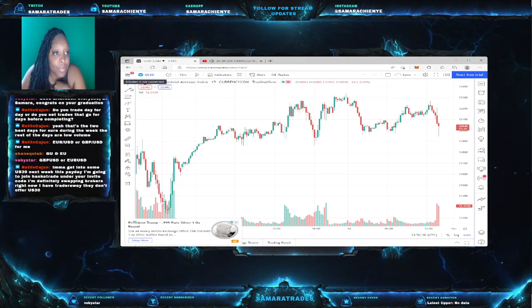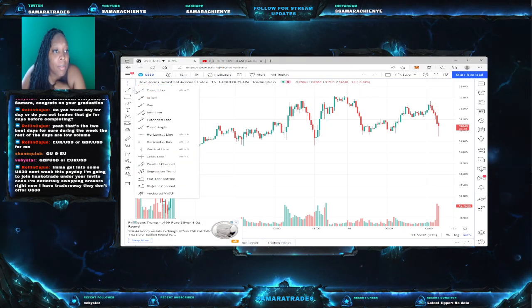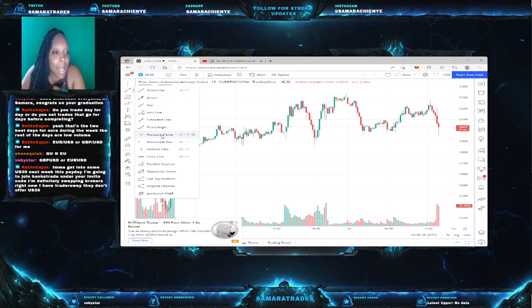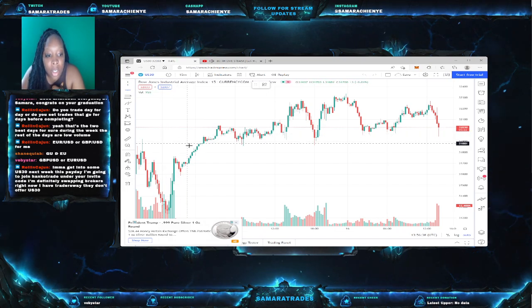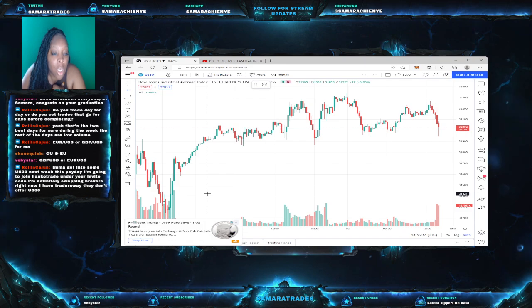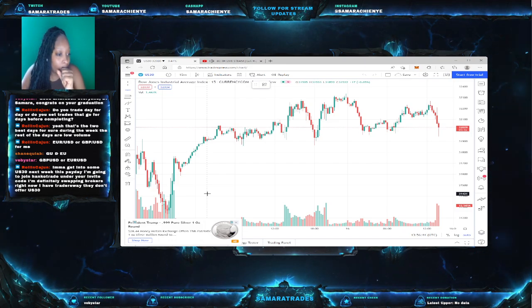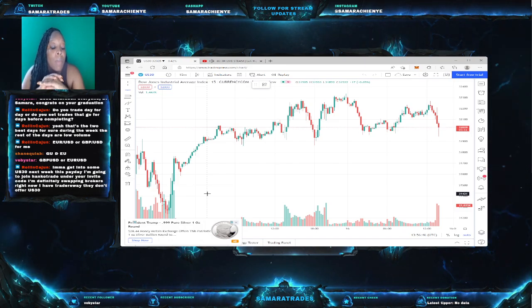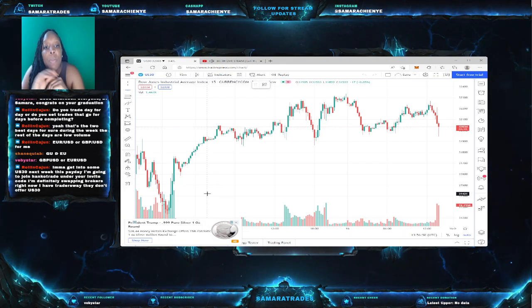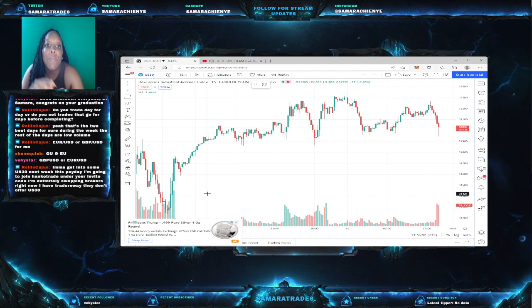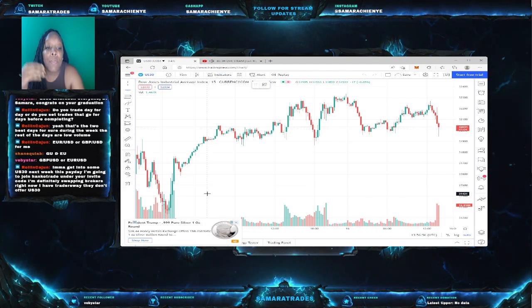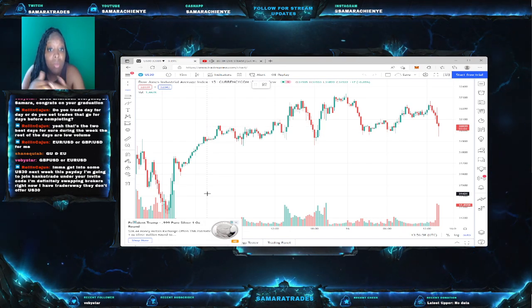From there, I like to mark up my chart. Going on TradingView, I always like to go with the horizontal line. It's just easier, and I always like to make it a different color. So the first thing that I'm looking for, I'm looking for my flat tops, my flat bottoms. I'm looking for my same wicks. I'm looking for my same wicks at the top, my same wicks at the bottom. I'm looking for my harami candles.